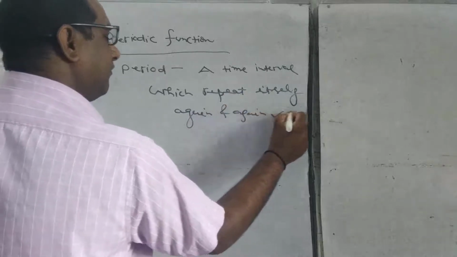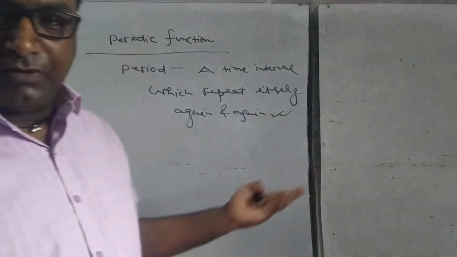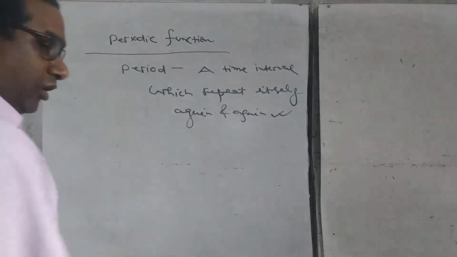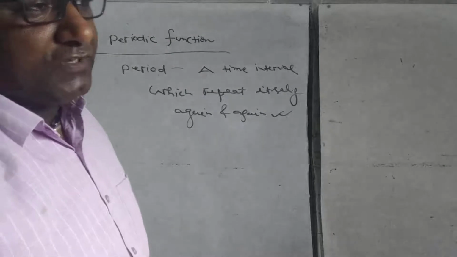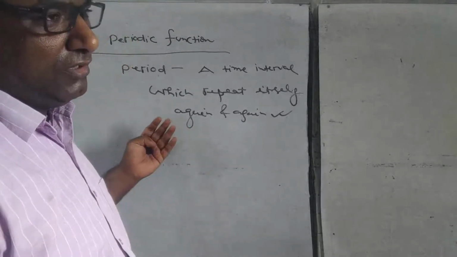This is the meaning. You can go through what is periodic motion, simple harmonic motion, all are periodic motion. You can also learn in chemistry that in the modern periodic law, atoms are